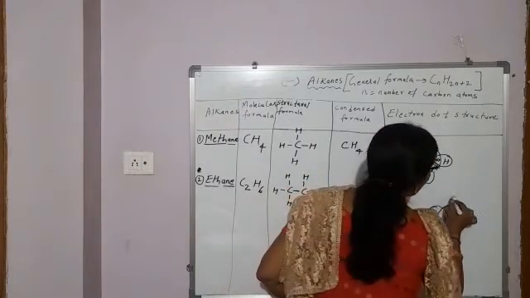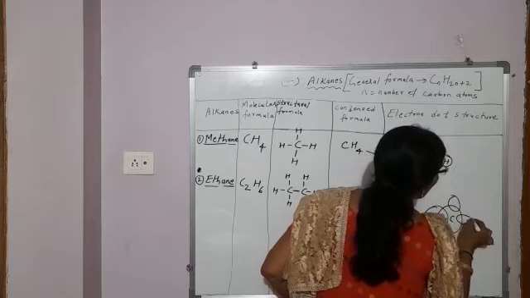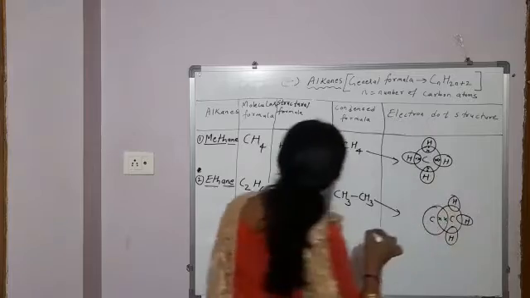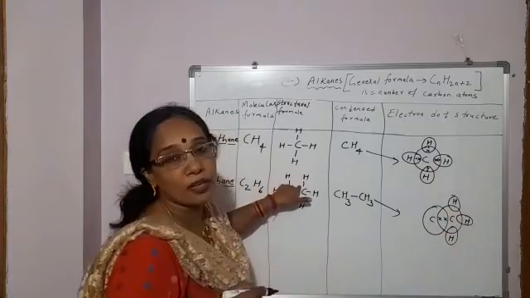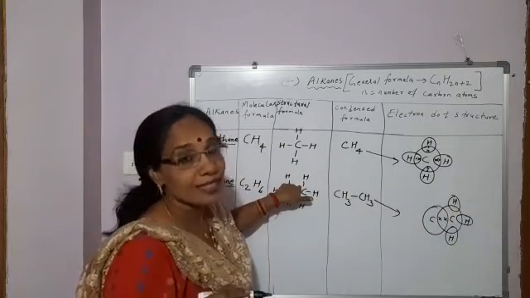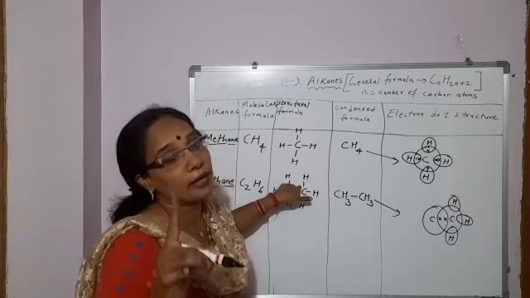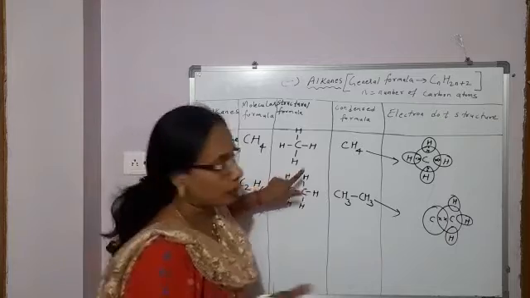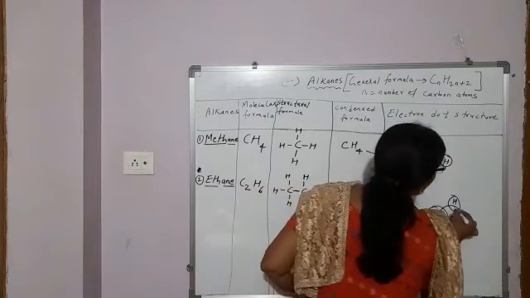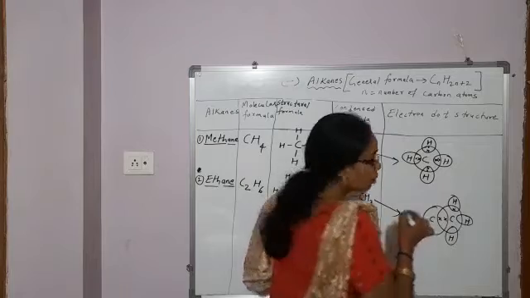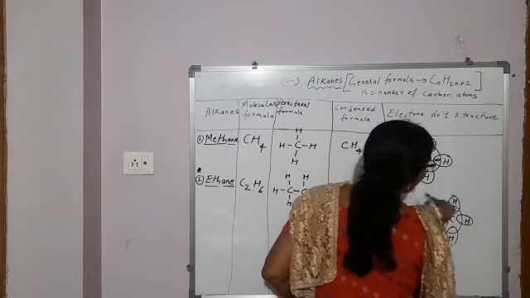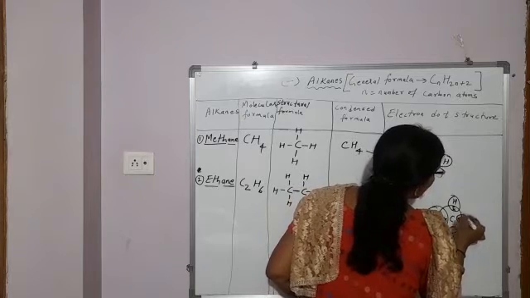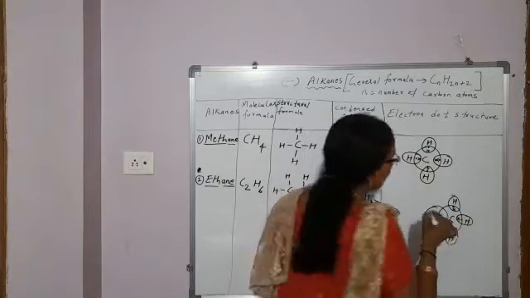And this carbon is attached to 3 hydrogen atoms by single bond. So you overlap 3 hydrogen atoms, 1, 2, 3. Write H. And between carbon and hydrogen, what type of bonding is there? Single bond. Means how many electrons are there? 1 pair of electrons. 1 electron of this carbon and 1 electron of hydrogen. You are showing the electron of carbon by cross, and you will show the electron of hydrogen by dot. So towards carbon you will show cross and towards hydrogen you will show dot. Okay.